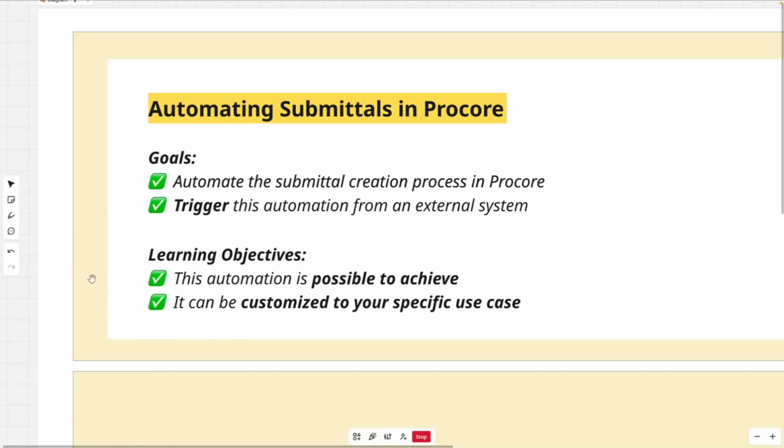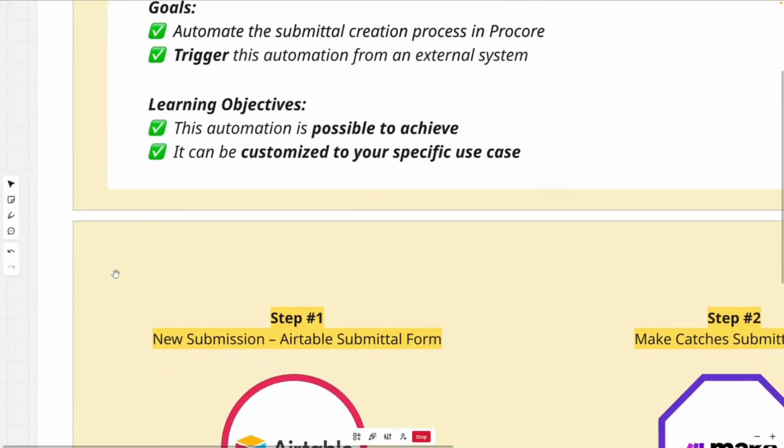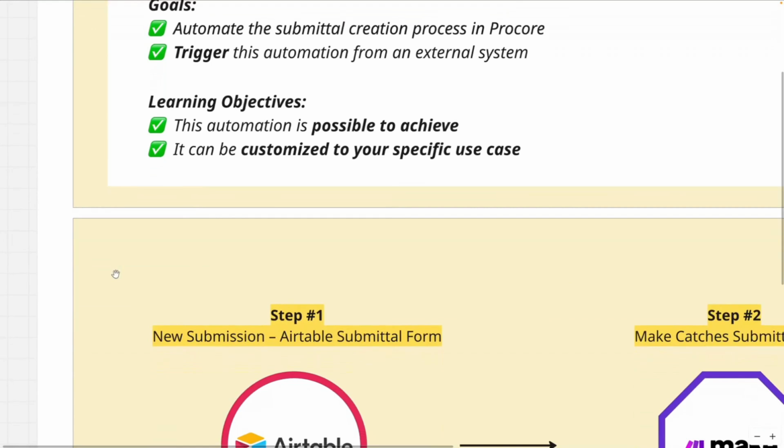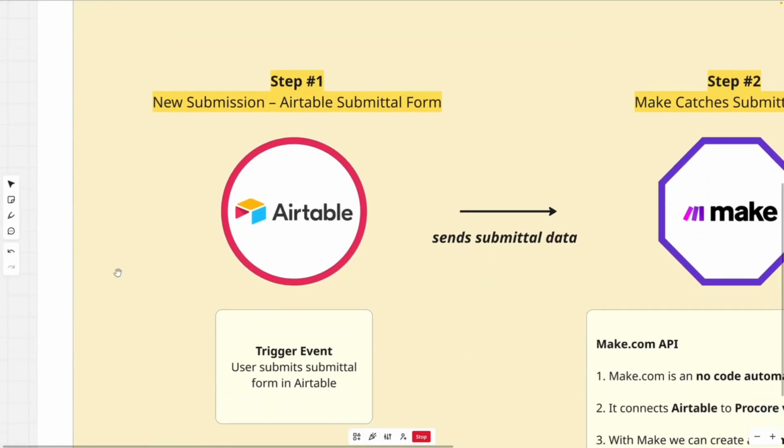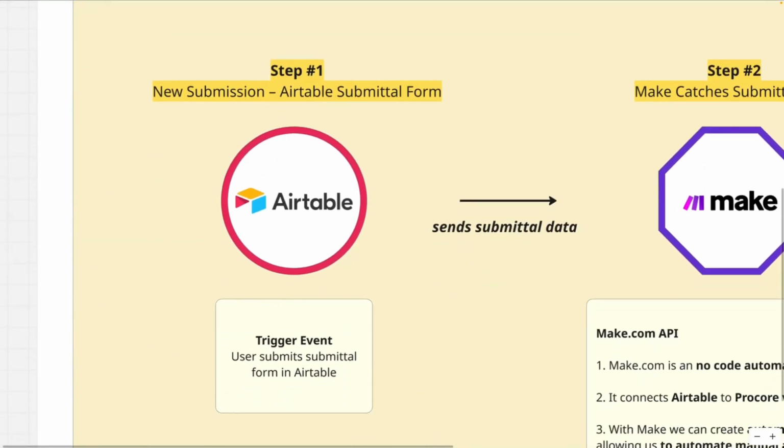In terms of what you could expect to get out of this video, the goal is to show you that this automation is not only possible to achieve, but it can be customized to your specific use case and workflows. The automation itself is quite simple. We have a simple form that is used to submit our submittals, and this form is hosted in Airtable. Whenever the form is submitted, the automation is going to automatically create a new submittal in Procore and associate it